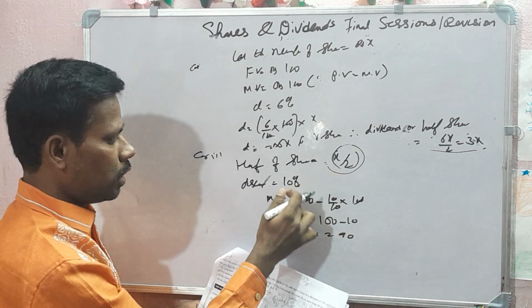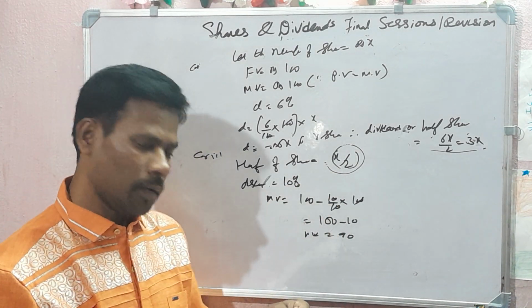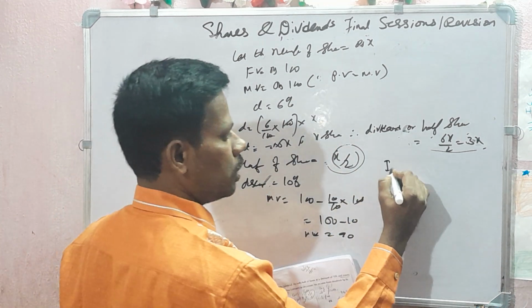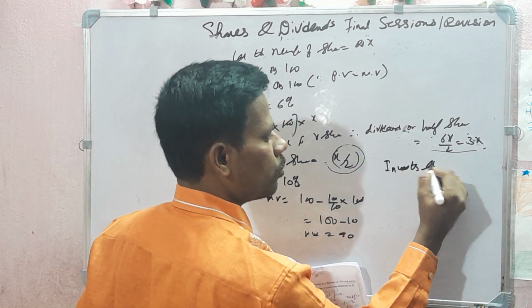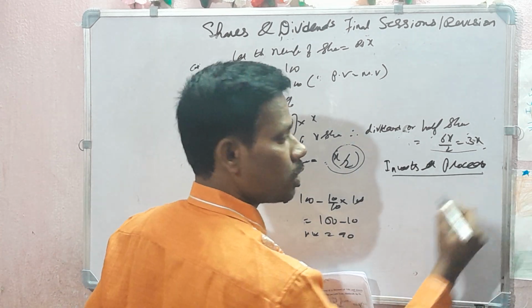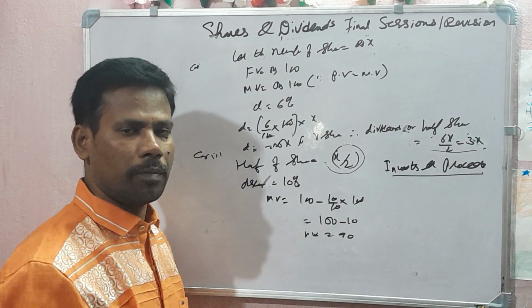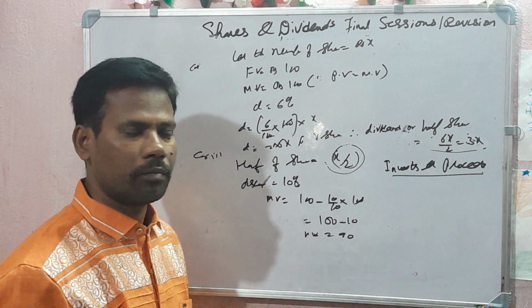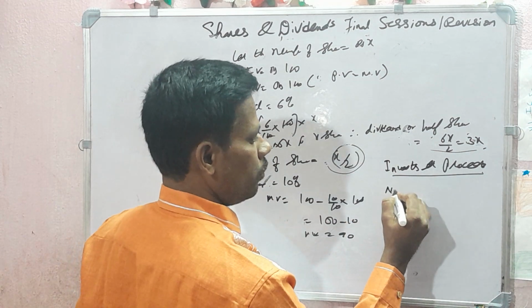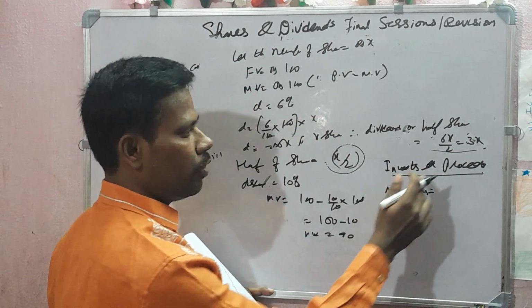Half of the shares market value is saying some dividend, and invest the proceeds, and again he is using the word invest the proceeds. Invest the proceeds means selling price. Selling price, that is nothing but new investment for him. So new investment is equal to, what is that? Invest the proceed means,